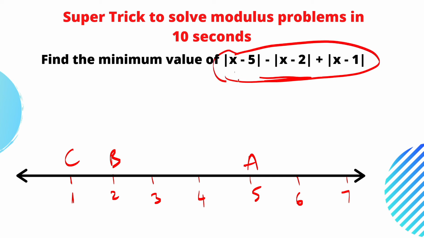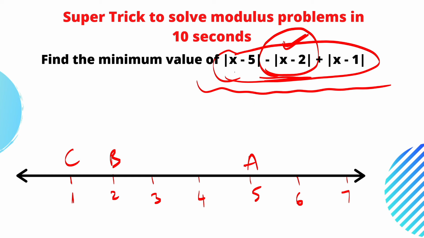But observe this minus of modulus of x minus 2, which means if we want to minimize this expression, what must we do? We must maximize the value of this negative part, right? If we maximize this negative part, then the overall thing will get minimized. Let us come back to our example. So in this case, C, A and B must meet at one point such that B must travel a maximum distance. We have to make sure that B is traveling a maximum distance, and all 3 are meeting at one point.